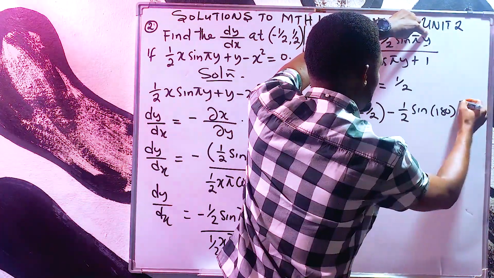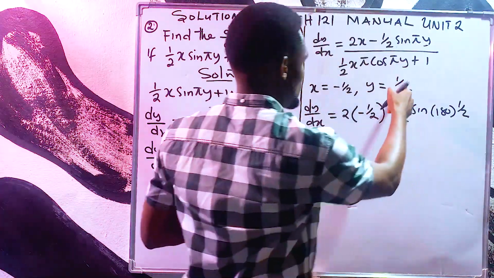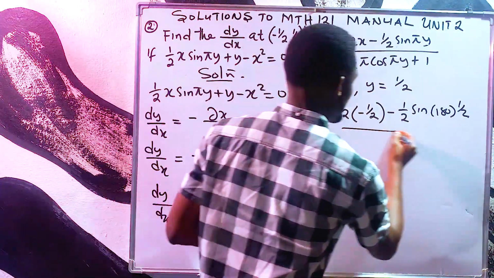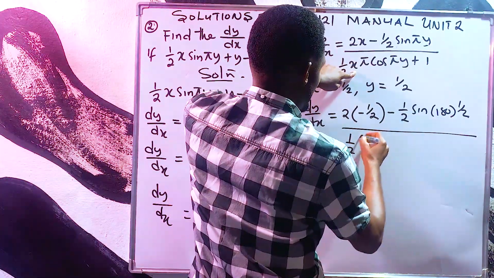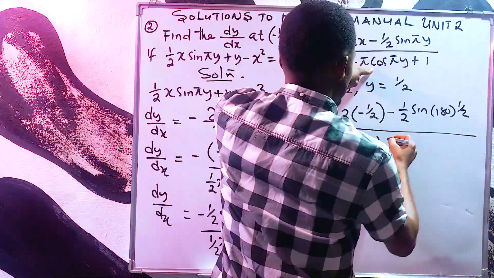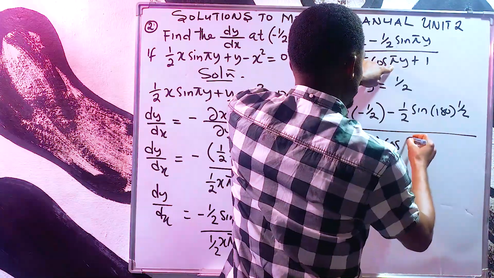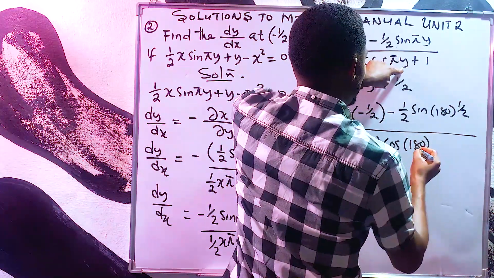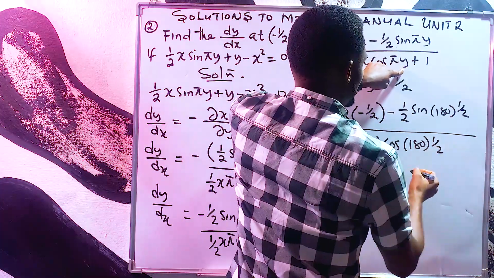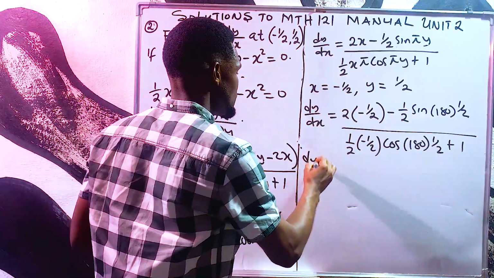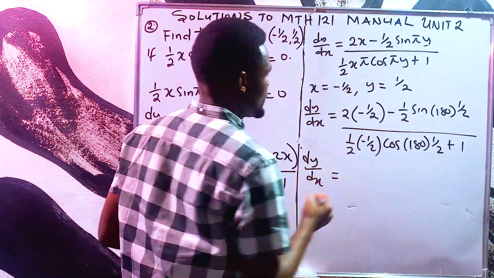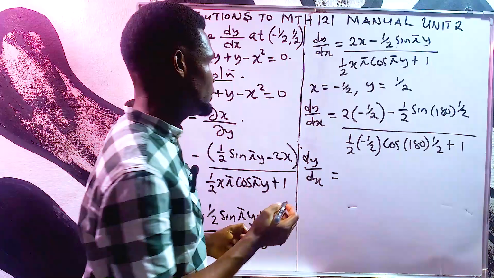times y, which is 1 over 2. Y is 1 over 2, okay? All over half x, what is x? Minus 1 over 2 cos pi, which is 180, y is 1 over 2. That's times 1 over 2, then plus 1. So this means that dy over dx is equals to